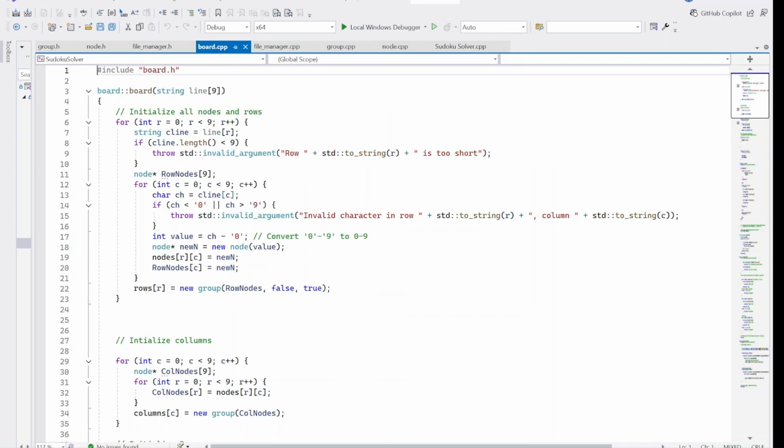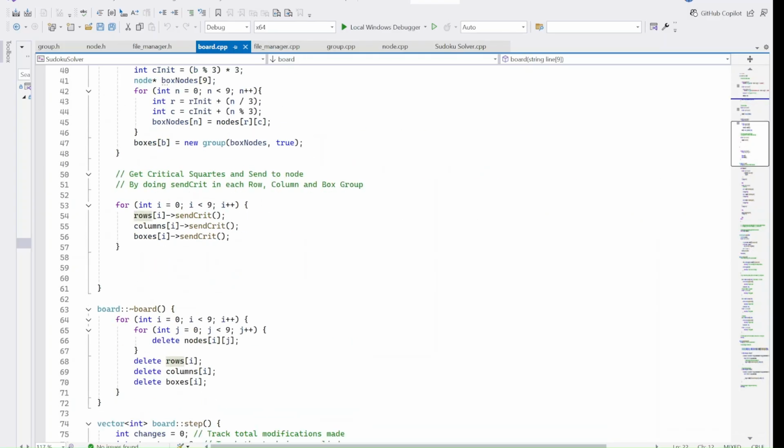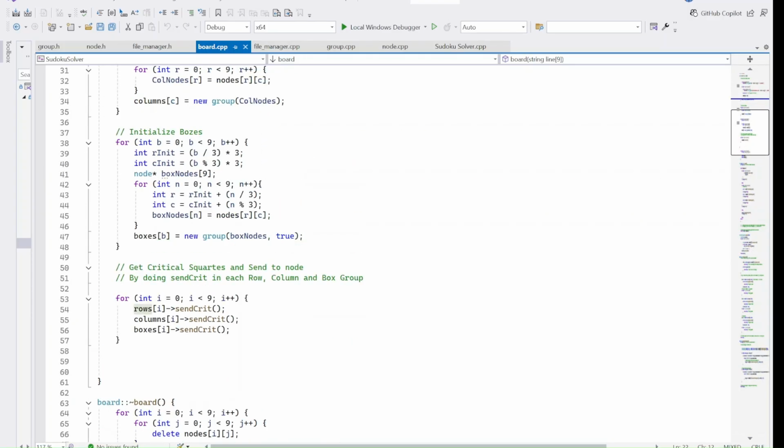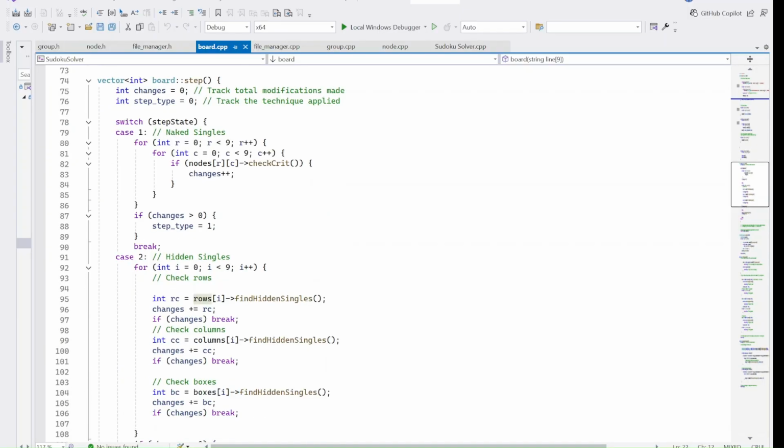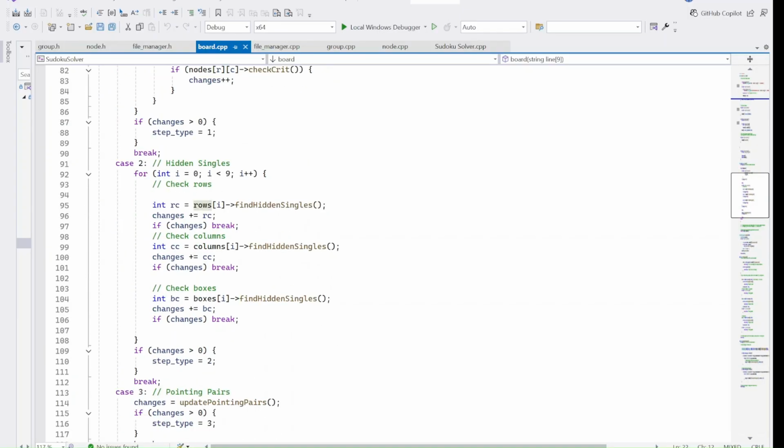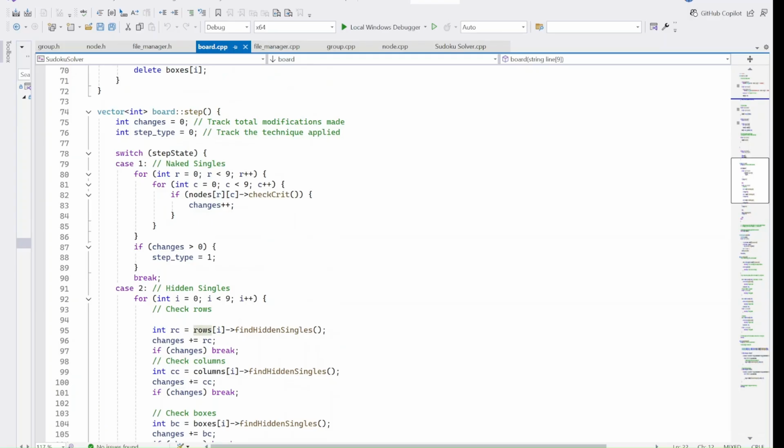The board is pretty straightforward. It initializes it. It has 81 nodes in an array. It also has 3 group arrays, 9 each, rows, columns, and boxes. It was fun to just figure out the math to iterate through the boxes and all the columns and rows inside the boxes. And then there's a step, and this is what is used to do one step,